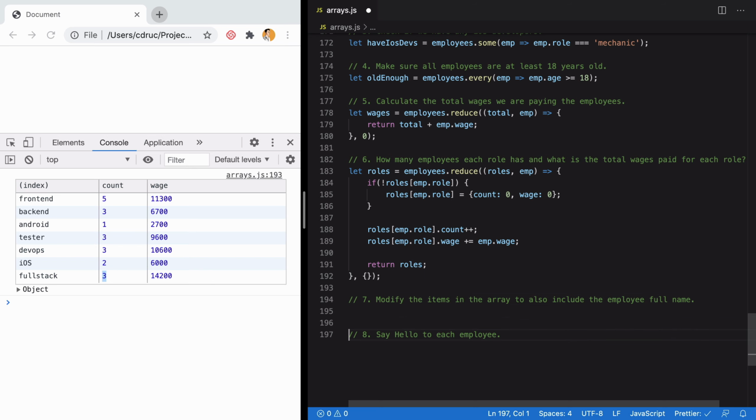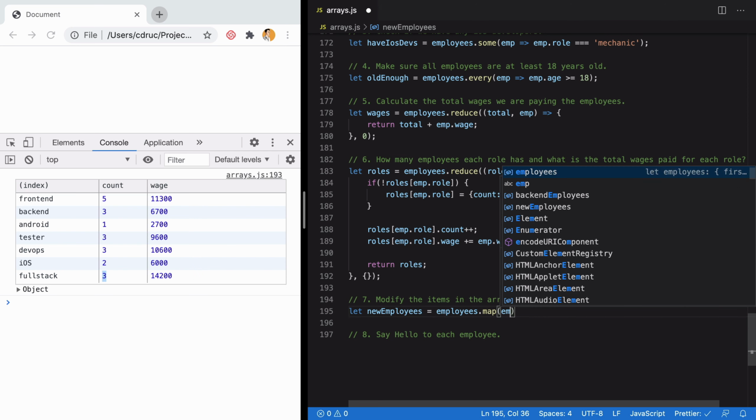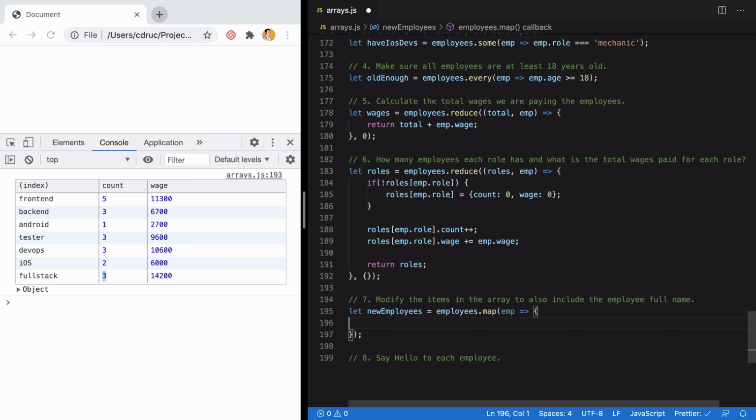We can do this using the map method. So new employees equals employees.map, and then we pass in the current item in the array, which is employee, and then we need to return a new object. When you're dealing with arrays of objects, you want to avoid changing that object in the array, because if we do something like employee.fullName equals first name, last name,